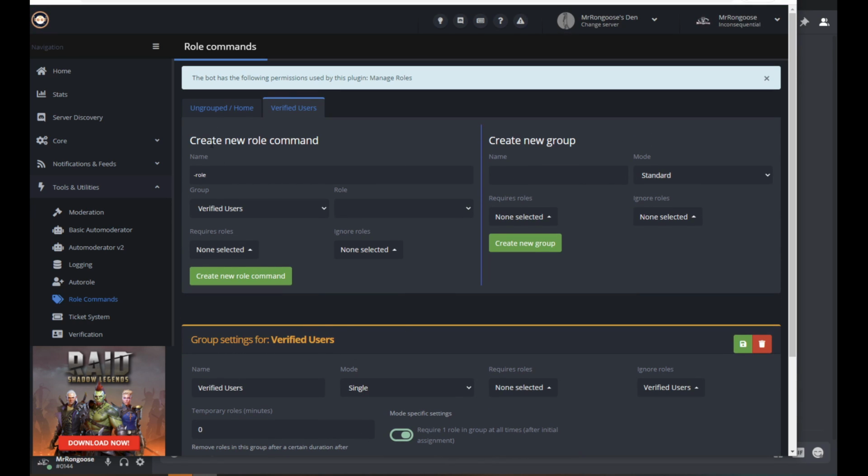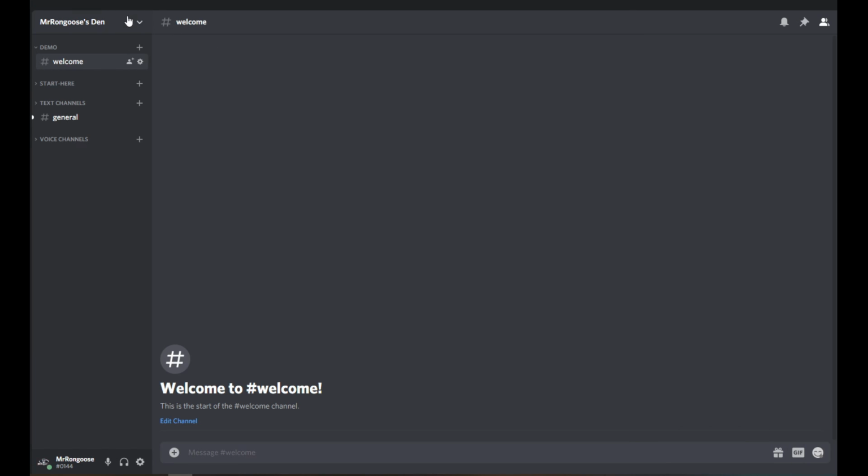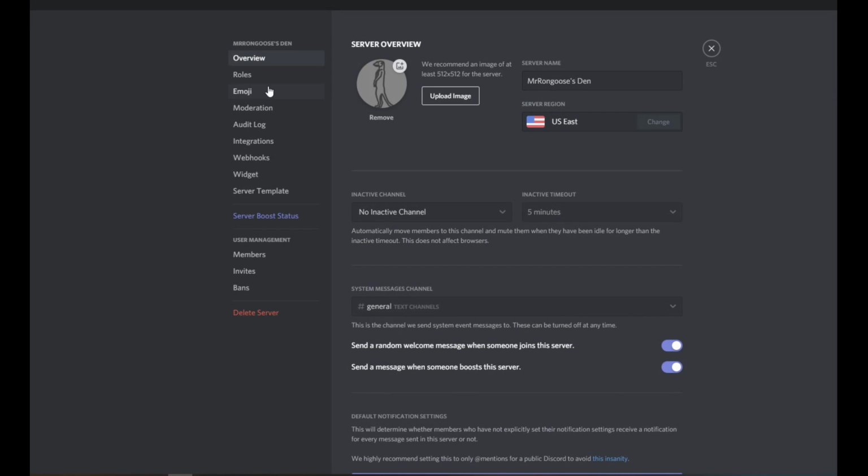come here, new role command, and I'm going to go ahead and choose verified users. Again, it's my role. It's a group verified users, and role, you have to match the role in Discord. Oh wait, there's an error here. Verified user role is above bot. So what this means is if we come back to our Discord and our server settings, roles,